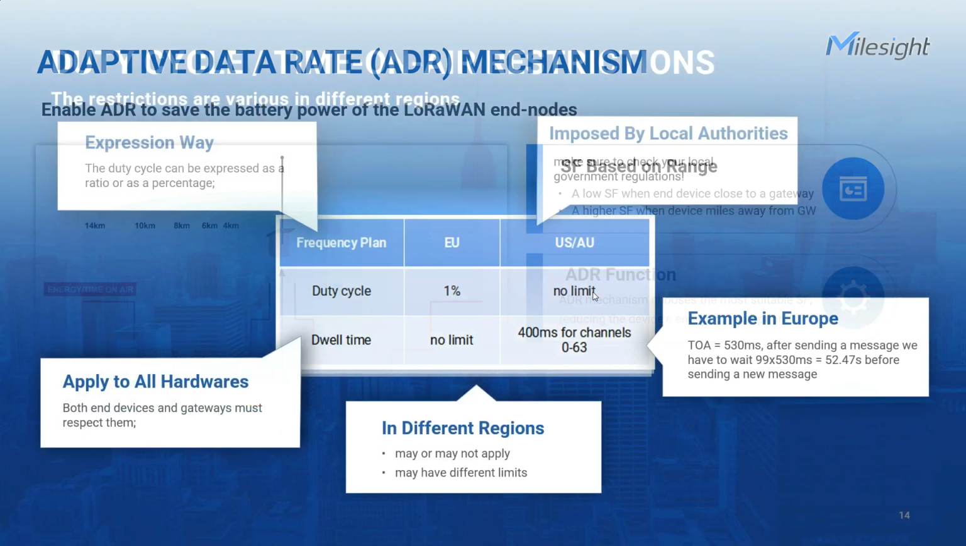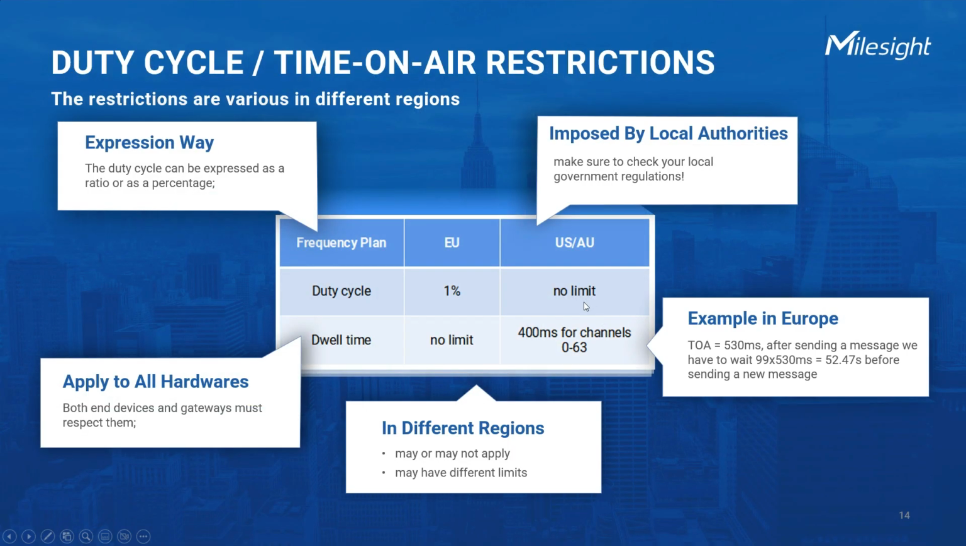LoRa is the unlicensed spectrum. It also has something that you need to consider as the duty cycle or dwell time. It means the certain amount of time before the signal received by the receiver. It differs from region to region. For example, in Europe there is a 1% duty cycle per day, depending on the channel. To respect the 1% duty cycle, after sending a message, we have to wait 52.47 seconds before sending a new